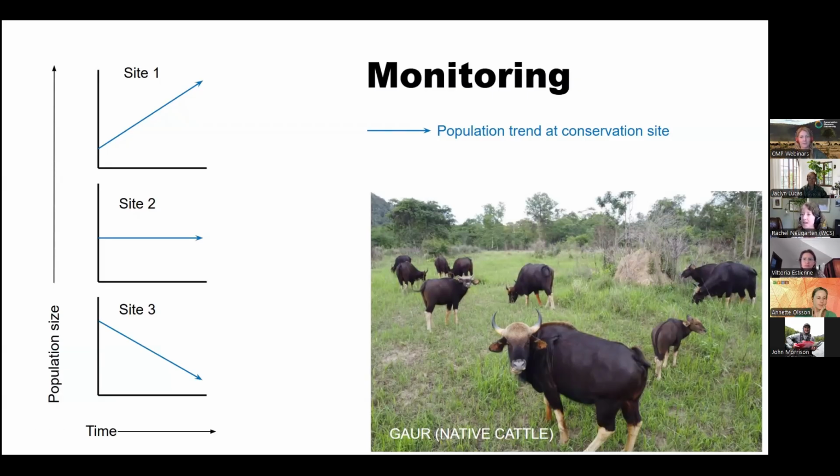Increase, thank you. Positive, right? So this is a positive trend in the population size. Thank you very much. Excellent. See, you're all experts already. At the second site, your population of gaur is stable. And at the third site, your population is decreasing. So there's a negative trend. This is very important knowledge, right? This helps you inform your work. It helps you understand the status of this species over time.